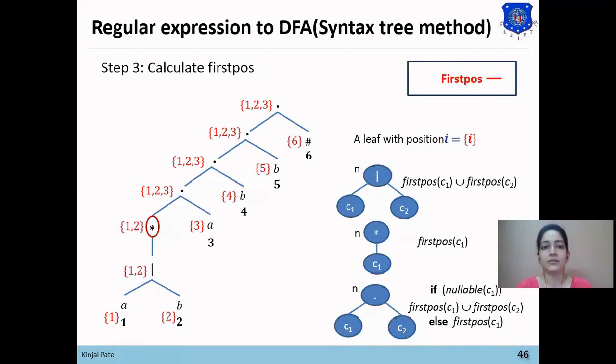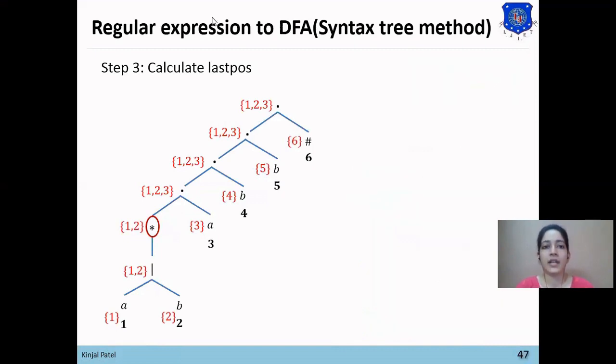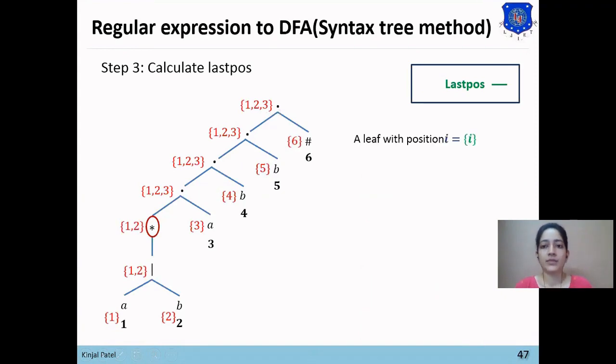Now next step is to find last position. Last position we will denote with the green colored font. The first rule to find last position is the same as the first position: if leaf has position i, then the last position will be i. Here you can see that our first node has position 1, so last position of A will be 1.